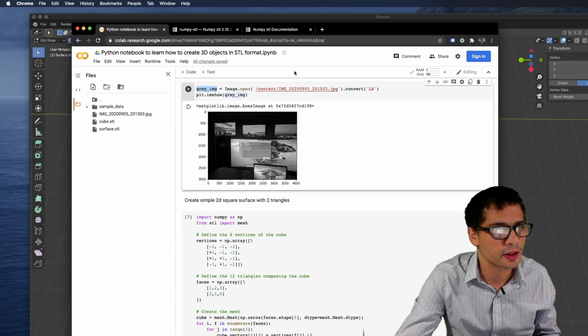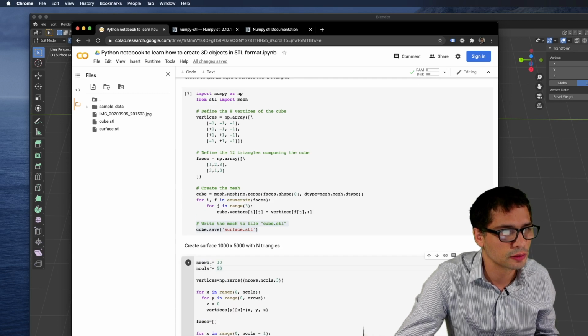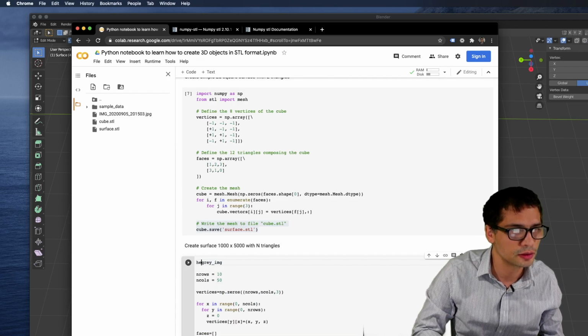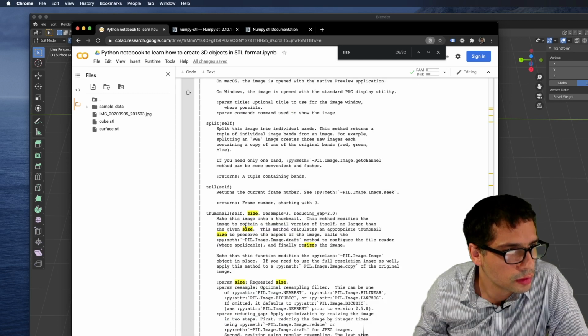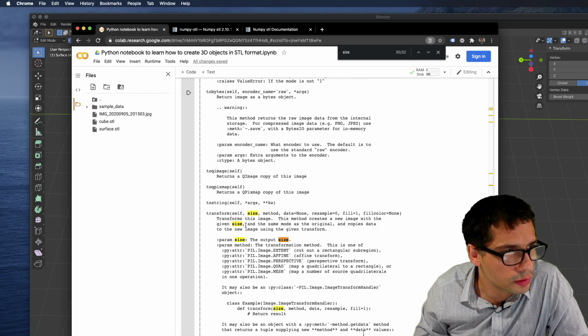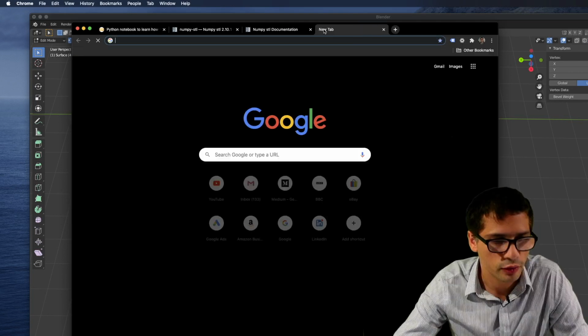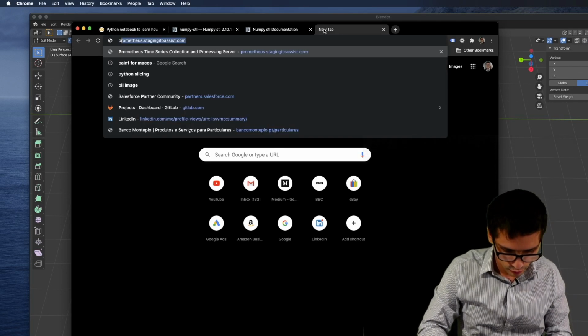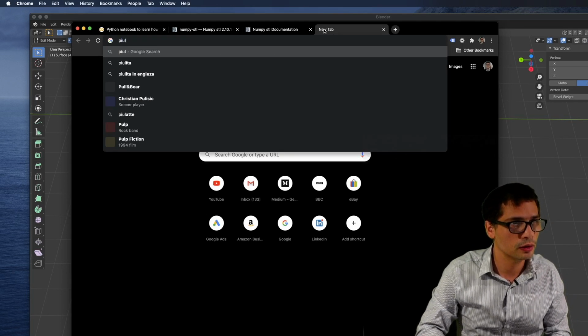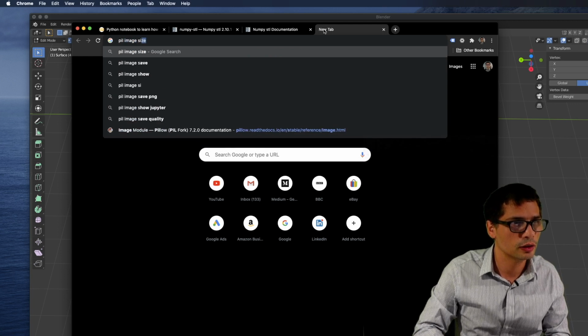How do we get the image size? Let's figure it out. I can do a help. I just want to know the size of the actual image. I'm going to have to use Google. Python PIL image size.